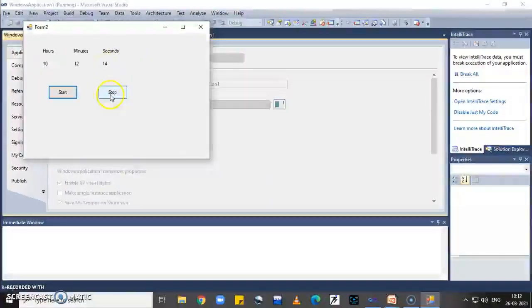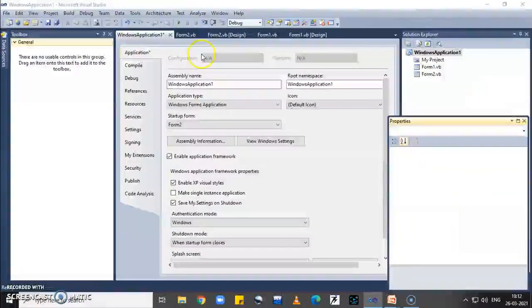The stop button stops the timer, so the code is not executed. Again click on start. So the current seconds continue from the current seconds. Now stop and close the form.